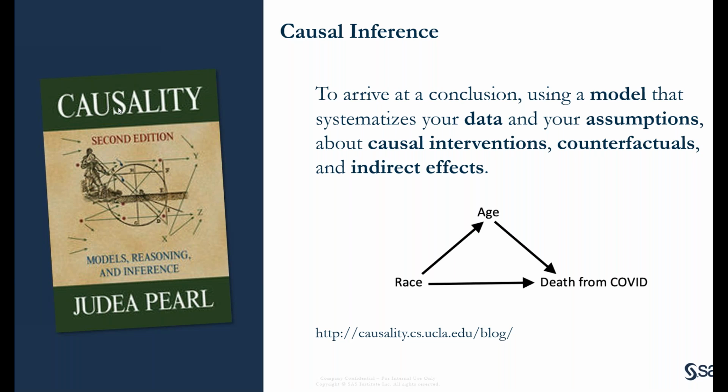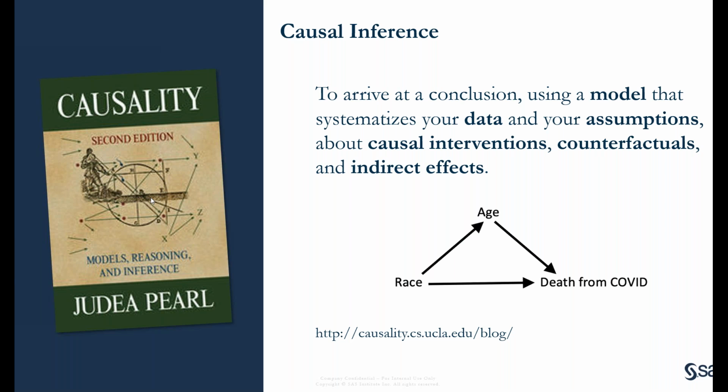About counterfactuals, I'm sorry, that's a counterfactual. What if we had done things differently? Causal interventions are, what if we did this? If we can do A, B, or C, how will it affect the outcome? A counterfactual is thinking about things in the past. What if we had not done these things? How would stuff have changed? And you can also talk about indirect effects.